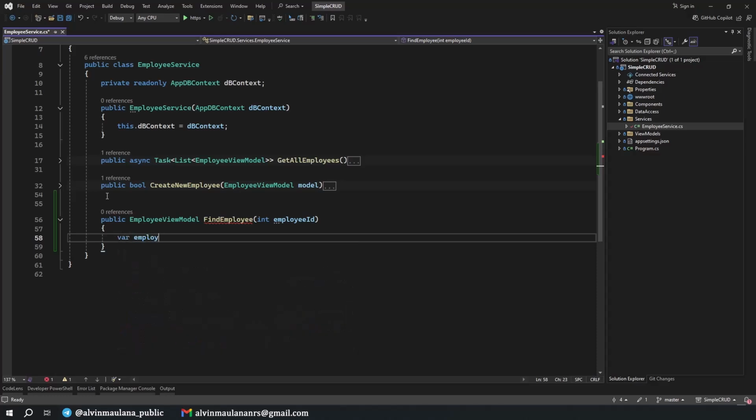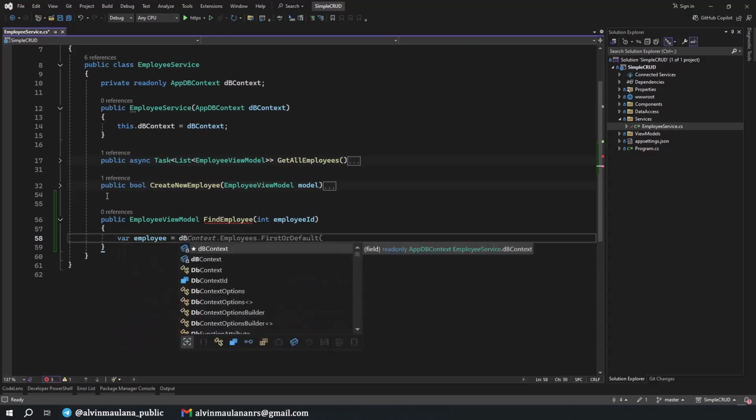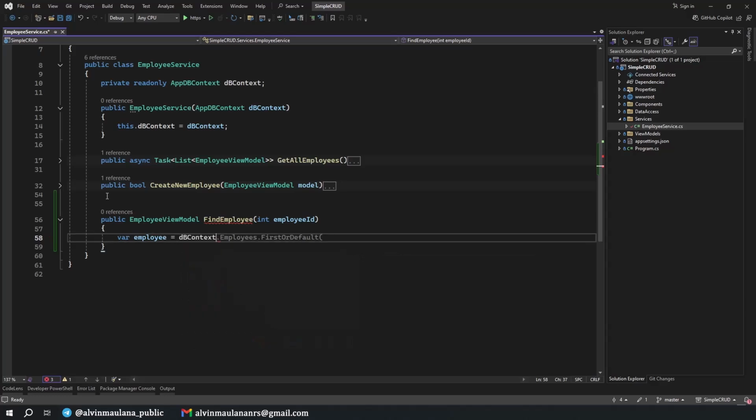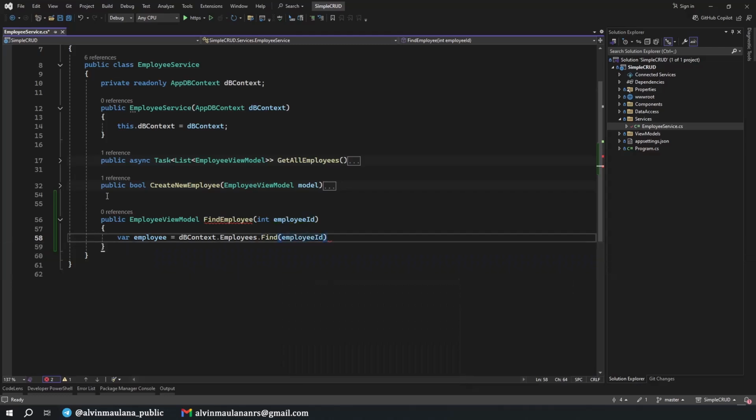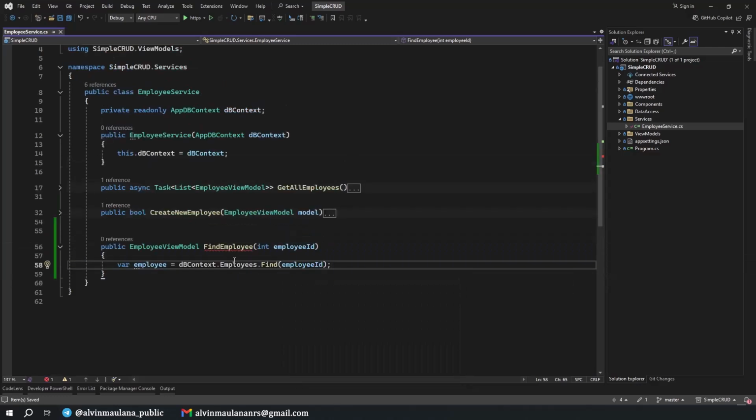Okay, var employee equals db context. Employees first or default, and maybe no need, but just find, and in this case, employee ID. This will search for the employee data in our employee table whose ID matches.